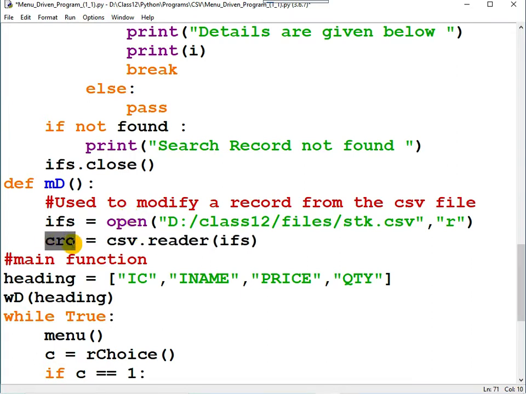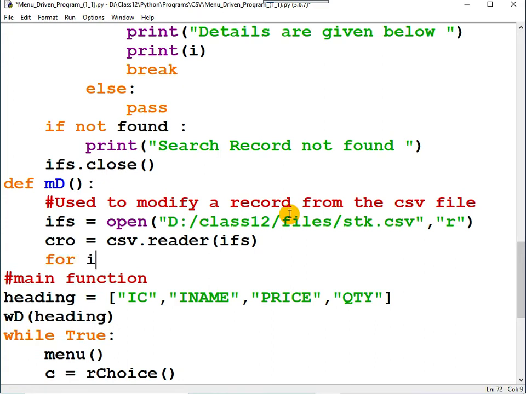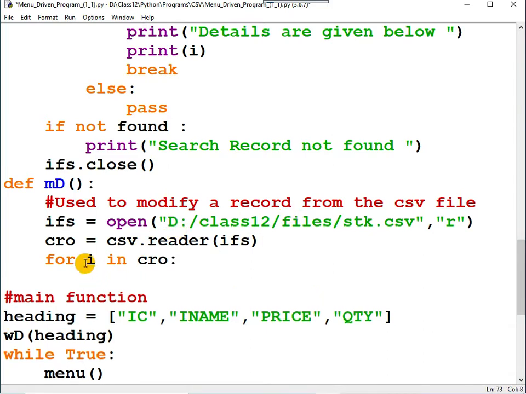So now this variable contains all the rows of this file. Each and every row is maintained as a list. Now in order to get each and every row of this object, you can write the code like this: for i in cro. So for i in cro means you will get each and every element of the reader object, which is nothing but a row, and a row is maintained as a list. Now what we need to do is, here you get the first row or the first list followed by the second list and so on. Now for the first list, if the item name equals the one that you want